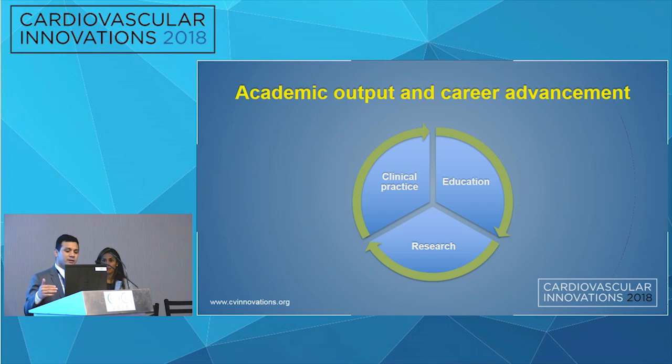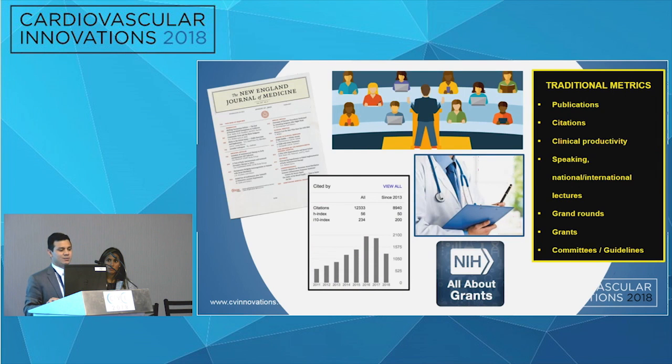As all of you well know, there are three typical ways that you can do scholarly activities. Either you're a great clinician, you're a great teacher with residents, fellows, and trainees, or you're publishing a lot of original articles and research. Historically, there have been traditional metrics to keep track of these and make sure that you're successful. If you're a great clinician, you're very productive, people will say, look at all these RVUs or procedures.